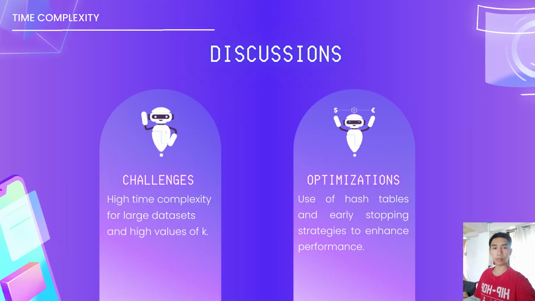The candidate generation and trimming processes are the backbone of the Apriori algorithm's time complexity. The candidate generation step involves creating candidate item sets of size k based on frequent item sets of size k-1, which requires scanning the database and checking the support of each candidate. Similarly, the trimming step involves pruning candidate item sets whose subsets are not frequent, requiring another scan of the database.